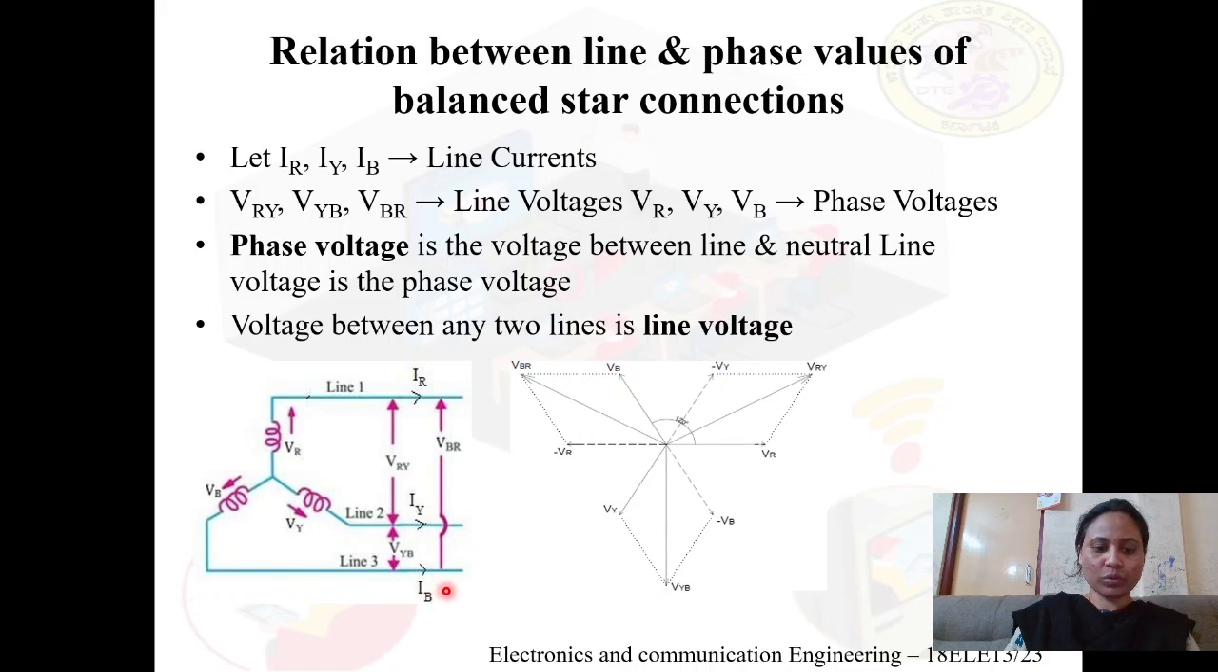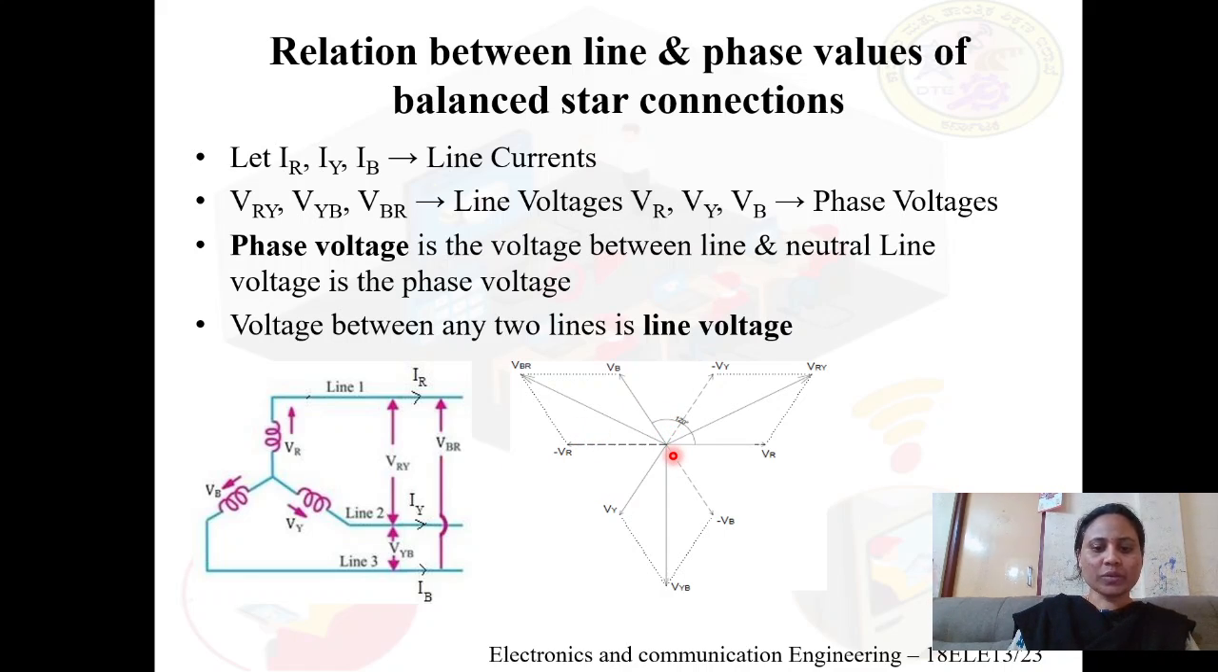Current flowing through line B, which is IB, is called another line current. Now, phase current means the current flowing through any phase. So here the current flowing through phase R, phase B or phase Y is called the phase current. Okay, now the vector diagram